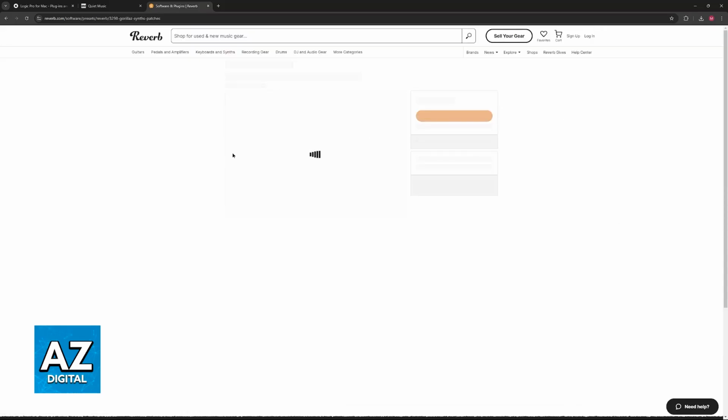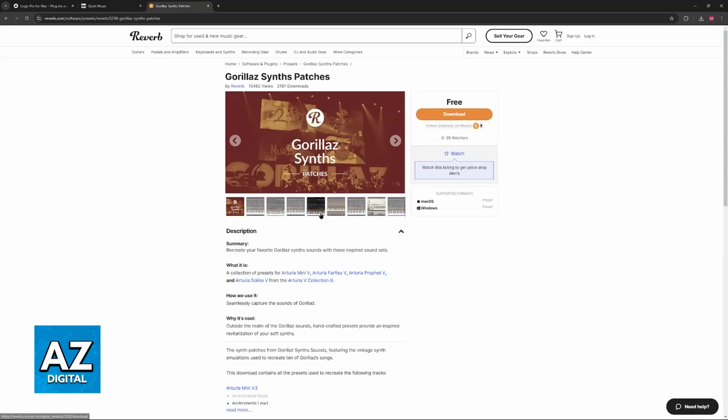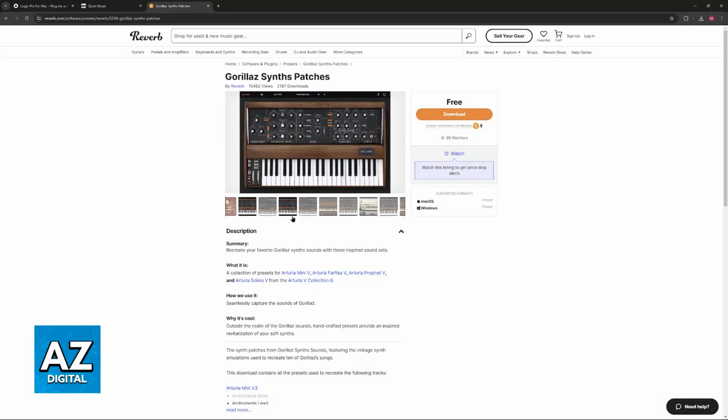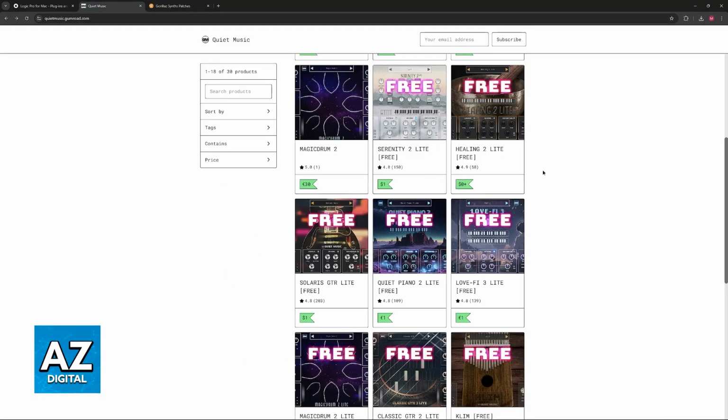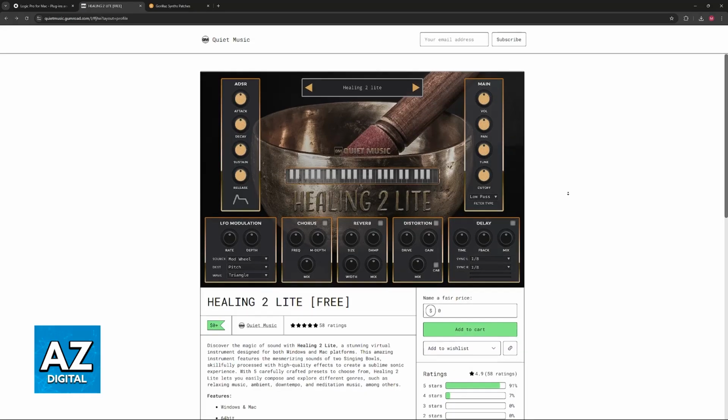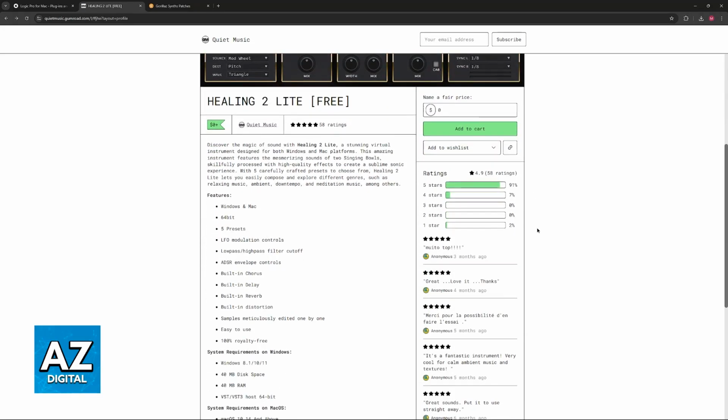So click on any of them, you will be able to select download and start downloading the tool. You will have to sign up on Reverb to download them. Likewise for Gumroad, you will be able to click on any of these, and if they are free, you can just go ahead, include 0, add to cart, and proceed. You will be able to download any of the effects that they have available.